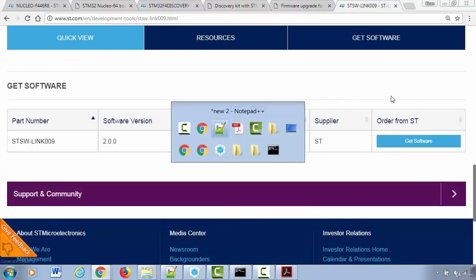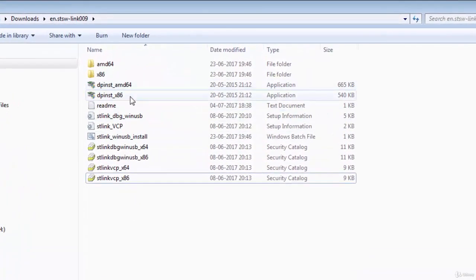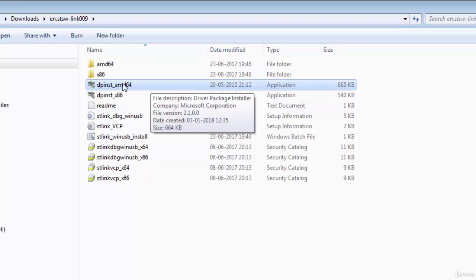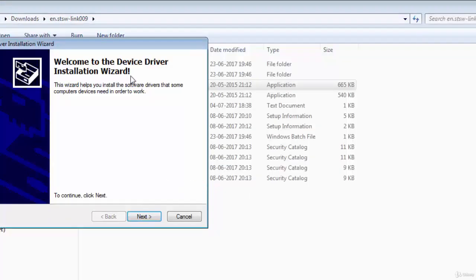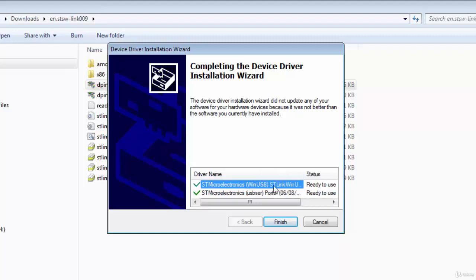So once you download this, go to that folder. So here I have downloaded, and here you will see two applications. So this is for 32-bit and this is for 64-bit. So what you do is connect your board, it could be either Discovery or Nucleo, and just run this software. Now let's click next, and it will install here the WinUSB driver that is required in order to talk